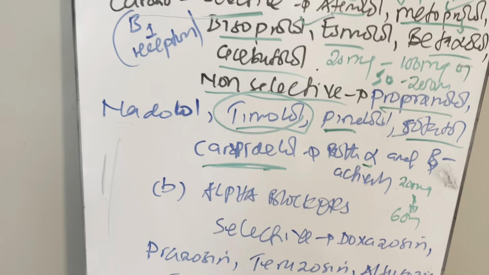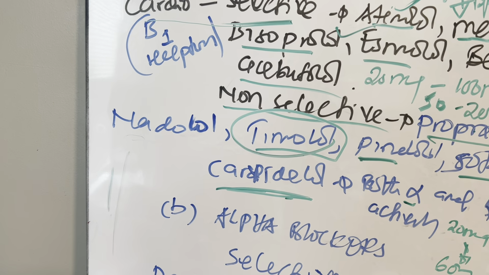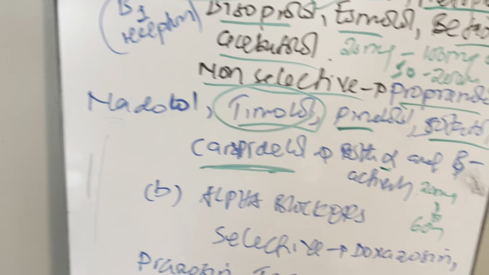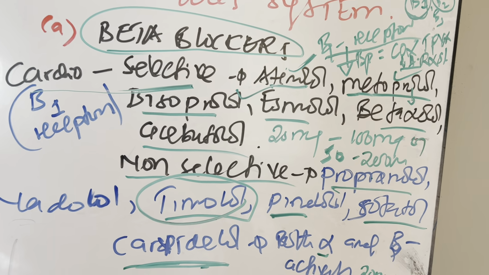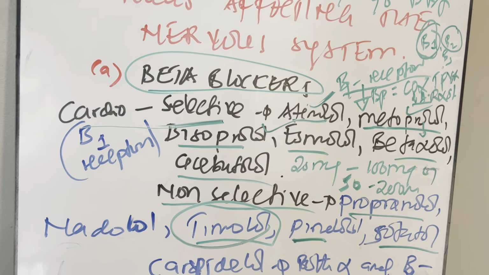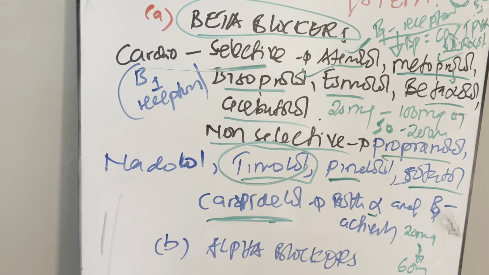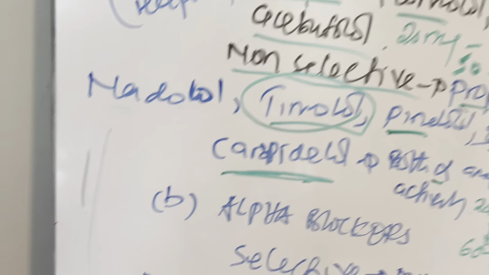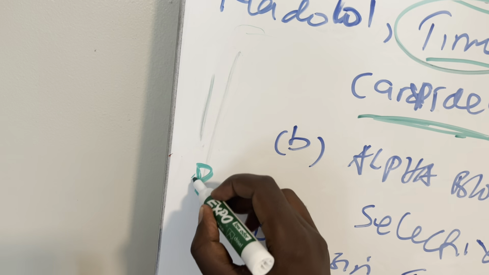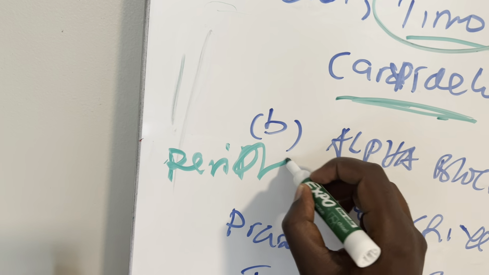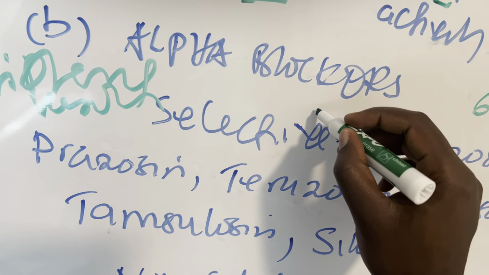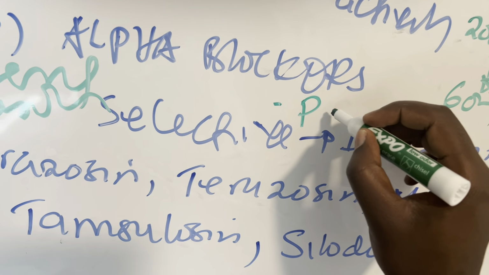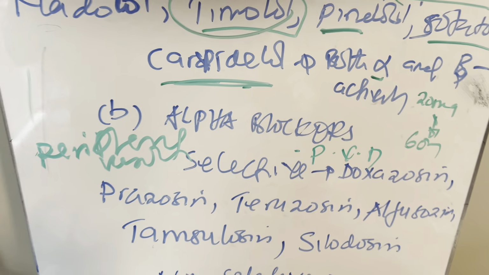So we have also what we call alpha receptor blockers. They block the alpha adrenergic receptors, causing vasodilatation. Other research says they cause peripheral vasodilatation. That's why they are commonly used in peripheral vascular disease. The selective ones are